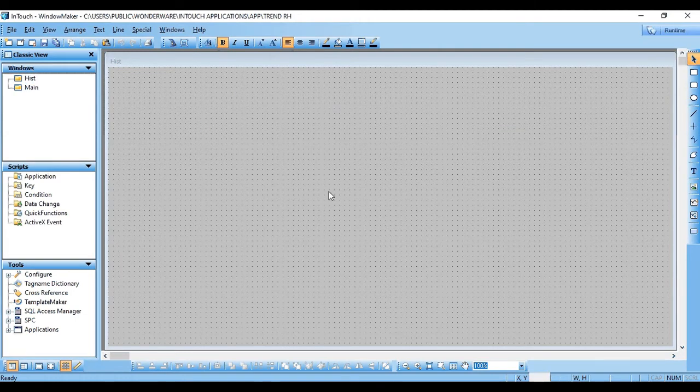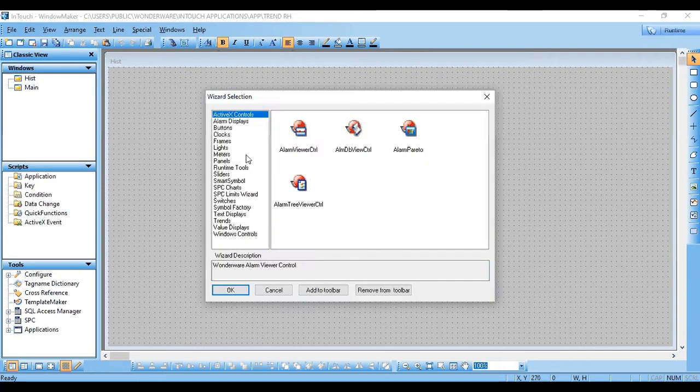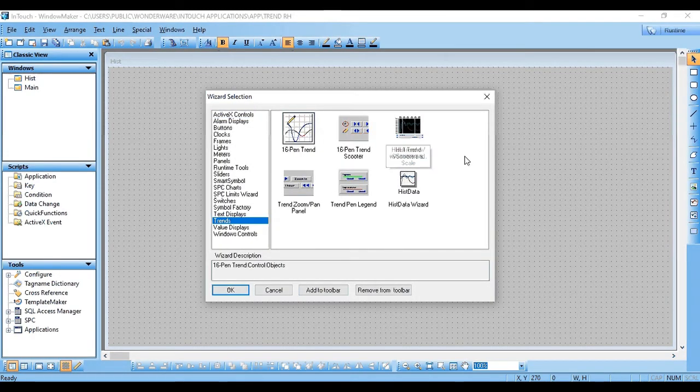So for the historical trend, let's select a trend first. From the trends, select the historical trend.